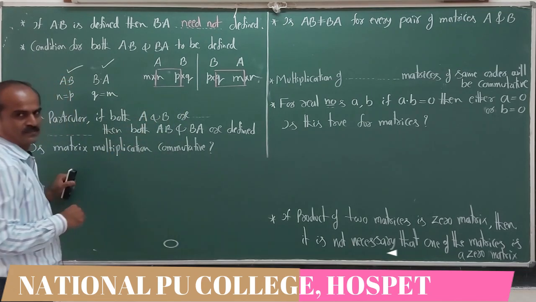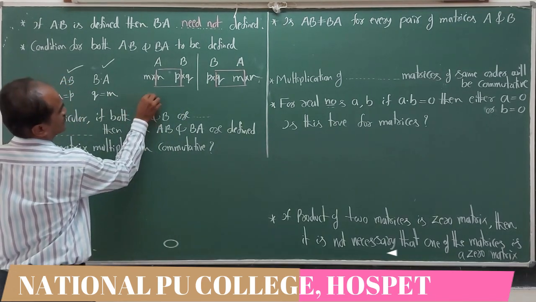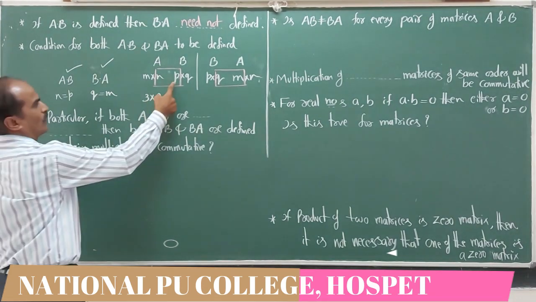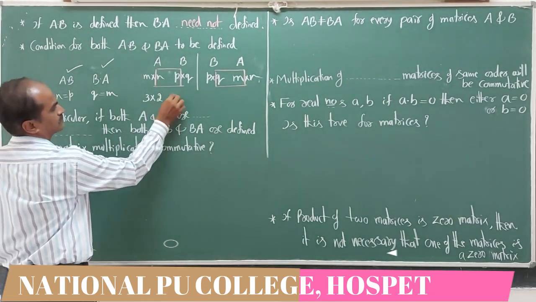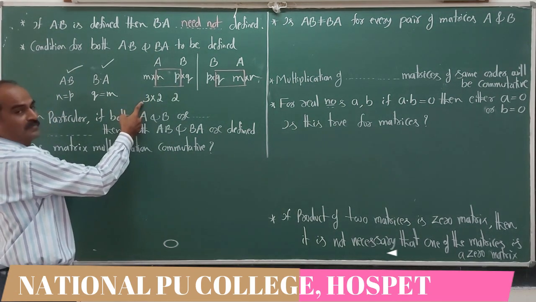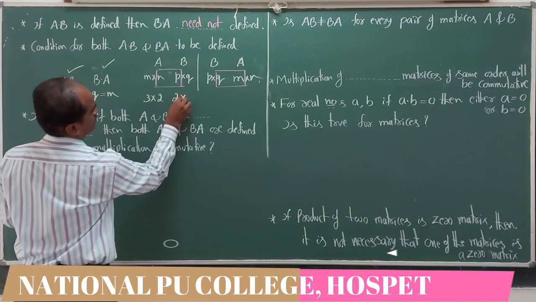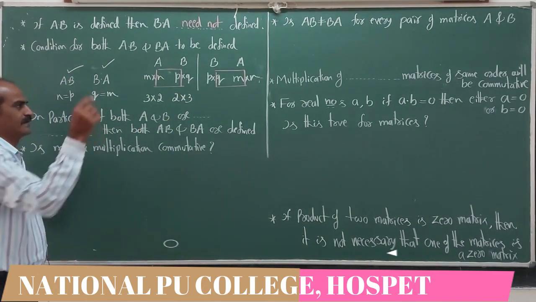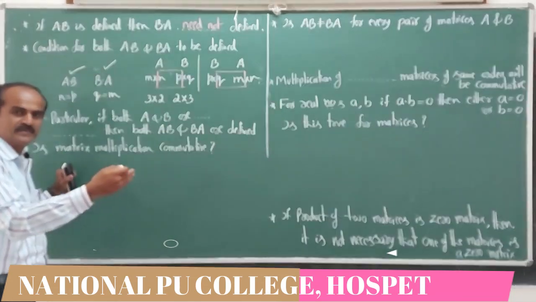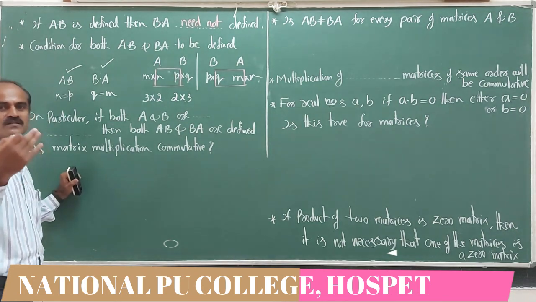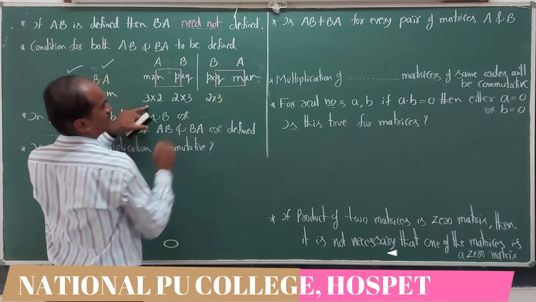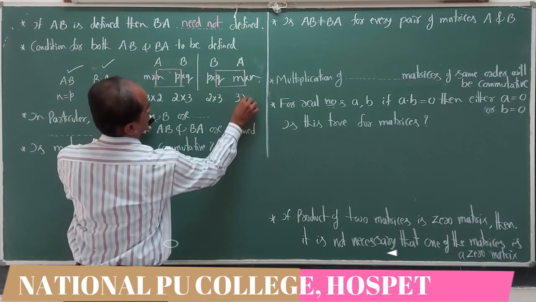N equal to p, m equal to q. Let us write one such example. I write matrix A as 3 by 2. What p value? It must be equal to n, 2. What q value? It must be equal to m, that is 3. So when A is 3 by 2, B is 2 by 3 matrix, then AB is defined, as well BA is also defined. Now you can check. What is B matrix? 2 by 3. What is matrix A? It is 3 by 2.